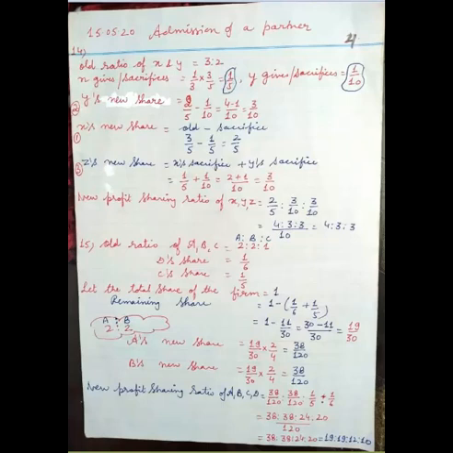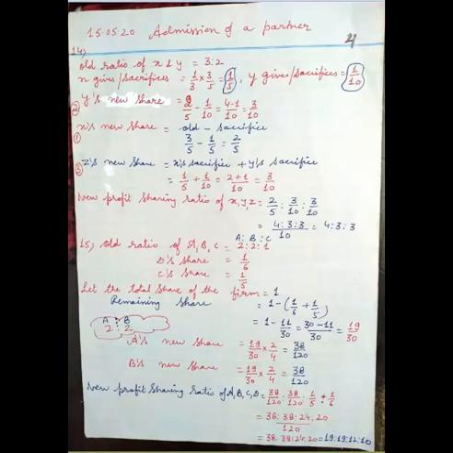Okay. So let the total share of the firm be equal to 1. Remaining share is equal to 1 minus C plus D's share, 1/6 plus 1/5. So 1 minus 11/30. If you solve it, you will get 19/30. Now A's new share is equal to remaining share 19/30 into 2/4, which is 38/120. B's new share is equal to remaining share 19/30 into 2/4, which is 38/120.